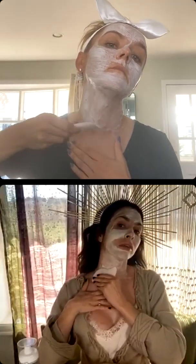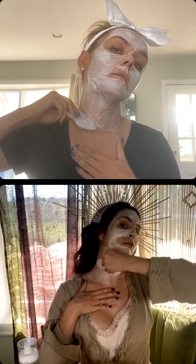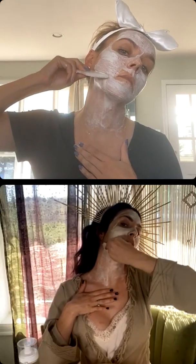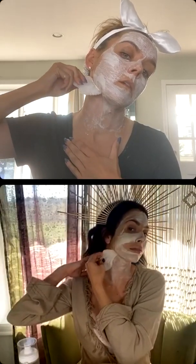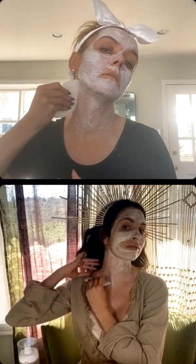What we did to one side, we'll do to the other. So again, guys, anchoring this, the neck feels amazing as we move up. Okay, up. 1, 2, 3, and over. 1, 2, 3, and draining down. You know, it does get a little messy with the mask, but